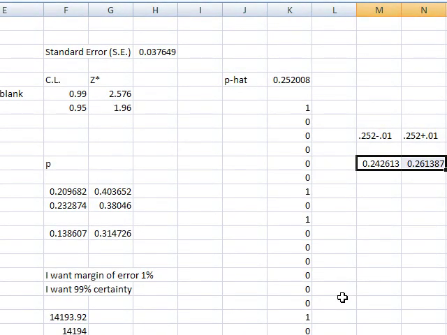But anyway, now I am 99% certain that the true proportion of this population most likely is in this interval. Well, it's in this interval that I've created. Do I know where? No, I don't know where. How close is it to the ends? I don't know. But I'm 99% certain that I've actually